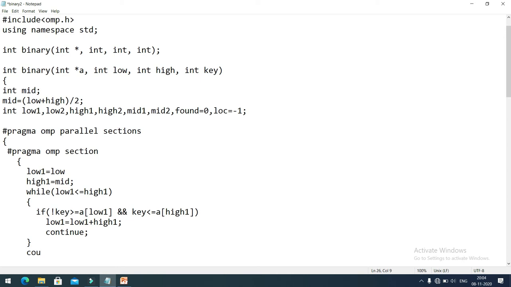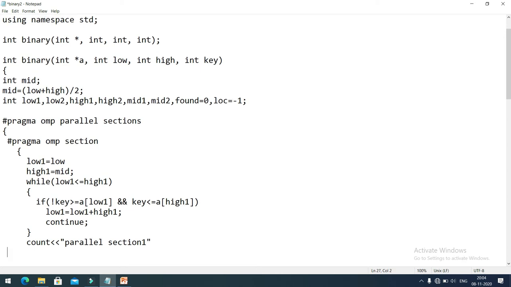So I will simply write here one statement, cout, let us say, parallel section 1. This is not a mandatory statement. This is just to make sure that both the sections are running in parallel.